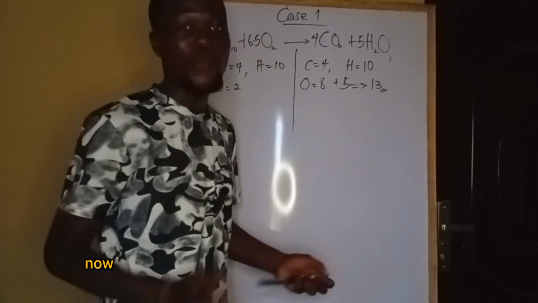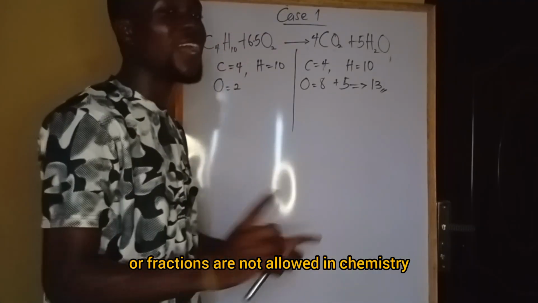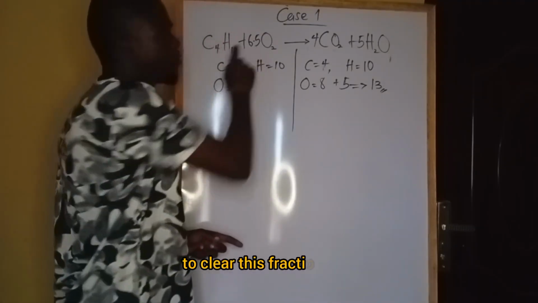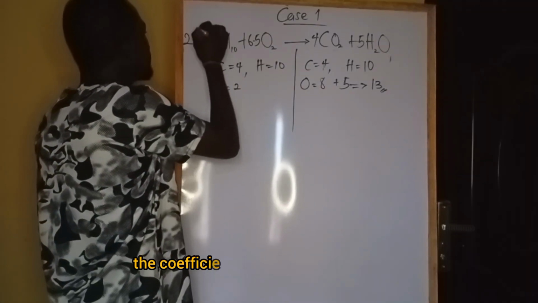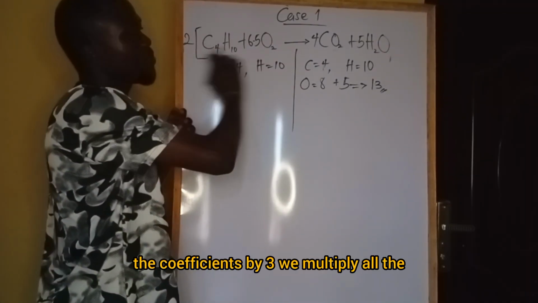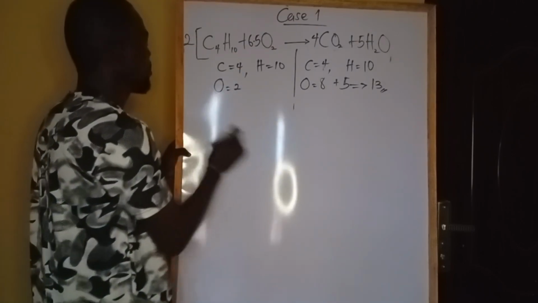This is balanced, but it is not allowed in chemistry. Decimals or fractions are not allowed in chemistry. To clear this fraction, what you need to do is just multiply all the coefficients by 2. You multiply all the coefficients by 2 to clear this fraction. So that will give us